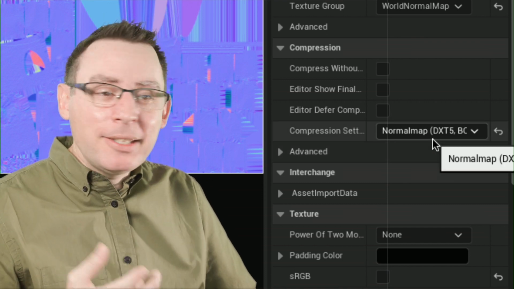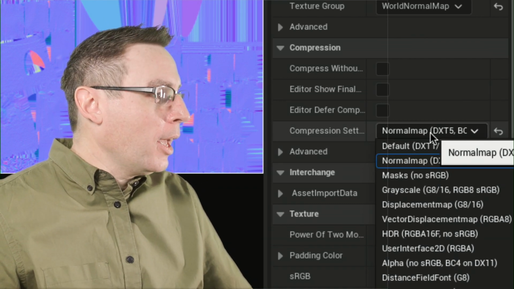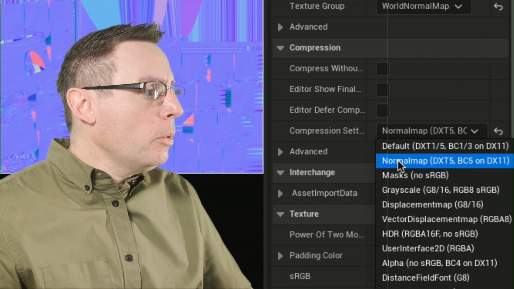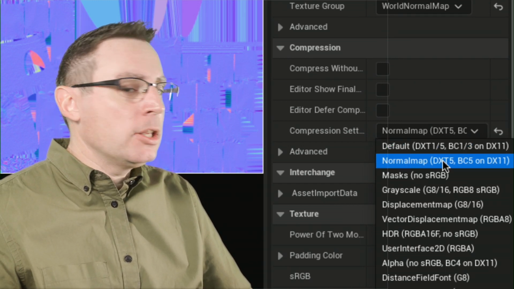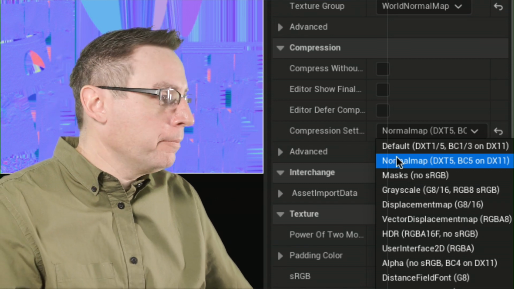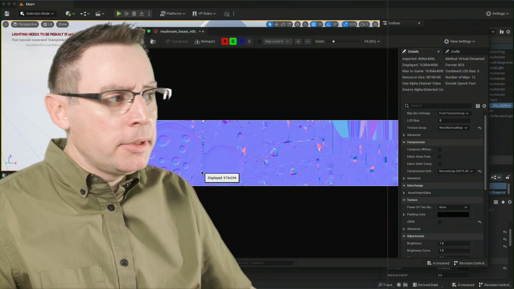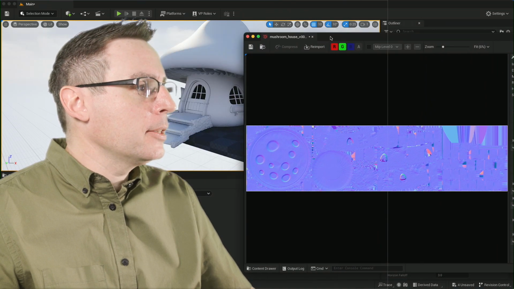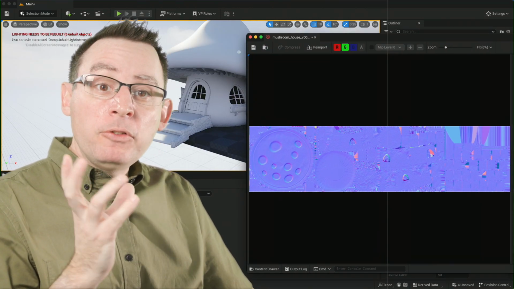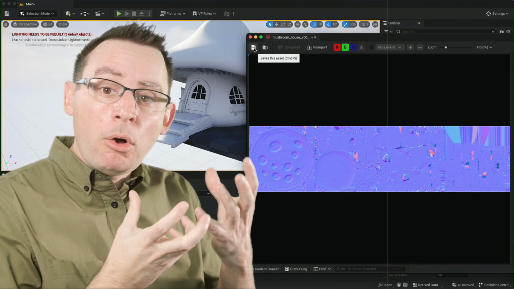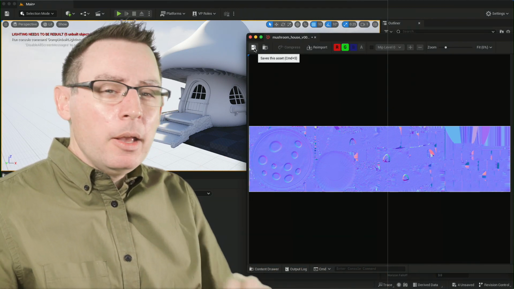It should automatically tag it. If it doesn't, that's okay. The default value, as one might imagine, is default. But we want to make sure that this is set as normal map. Okay, there we go. It should automatically do it, but it's our job to ensure that it is in fact been flagged. Now, if you need to make a change, make sure that you're hitting the save icon so it saves all of these properties in the image map.